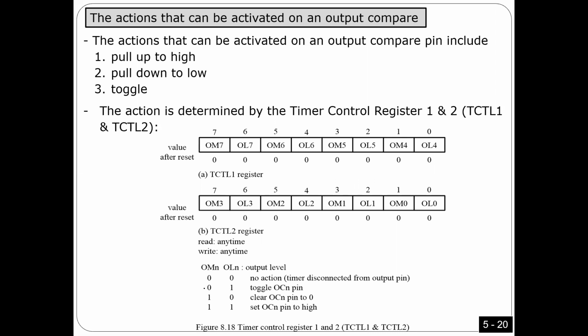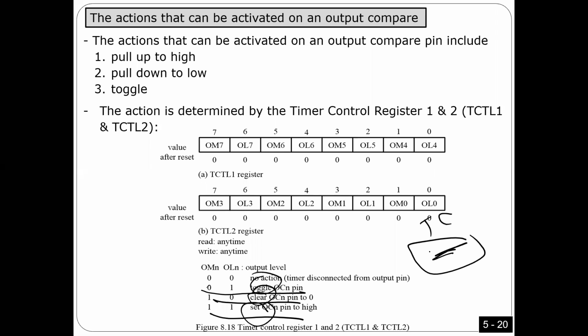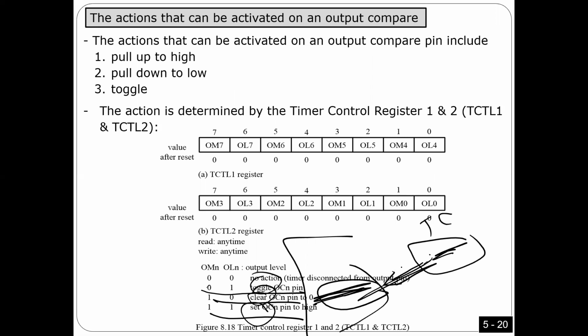This is the action you want to take on the pin. Do you want to toggle, clear, or set? What action do you want to take when the value you put in TC is equal to the TC in T, right? So when they are equal, what action do you want to take in the future, after 900 or after 2100 counts? What action do you want to take on the pin? You want to clear the pin, make it high, or toggle it, whatever you